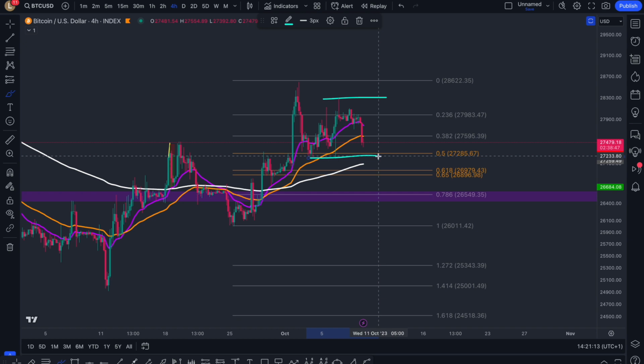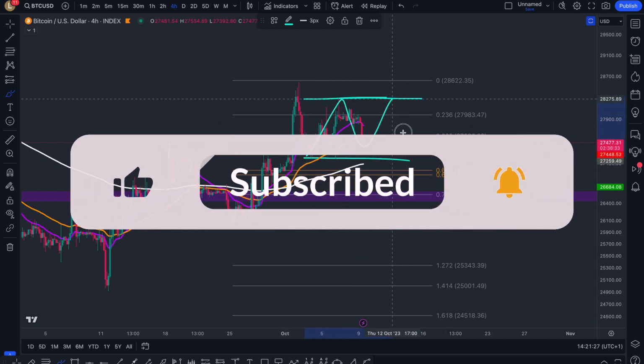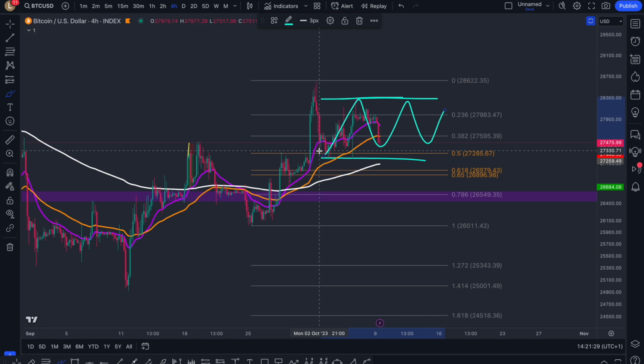So these levels that I'm going to read out are very important. You must note them down on your chart. So that is $27,200. That is these wicks over here. If this is lost, we can see the range that we've now created over here would be breaking down,